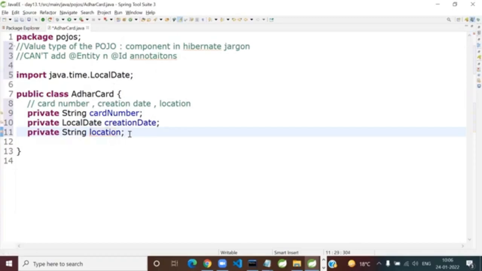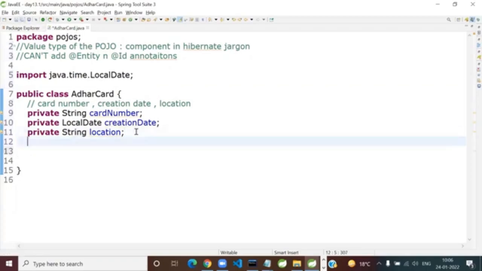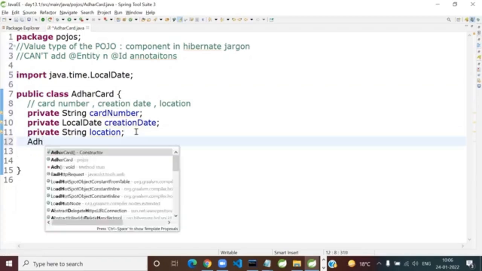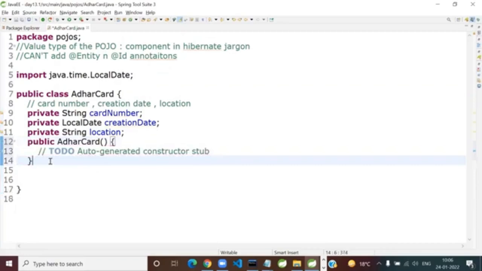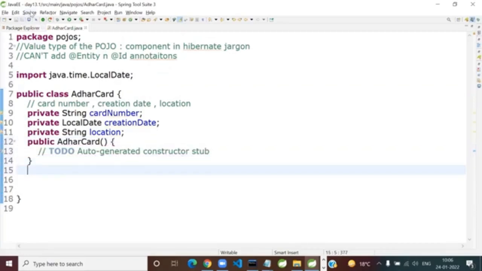Here, let us write it as an ordinary Pojo. The last thing we will do is apply annotations. Whether it is an entity or value type, add the default constructor. Let us add the all-args constructor.